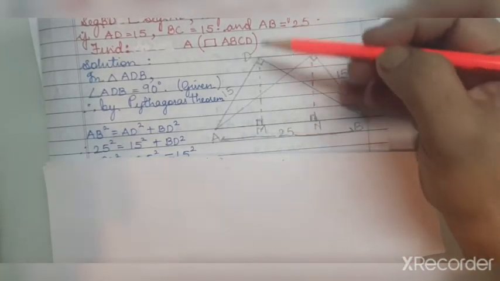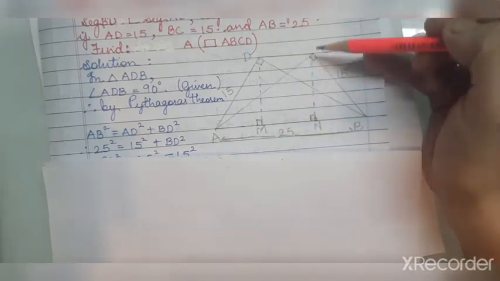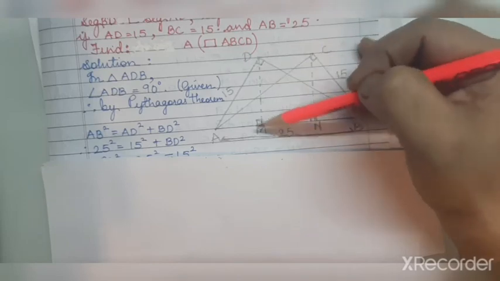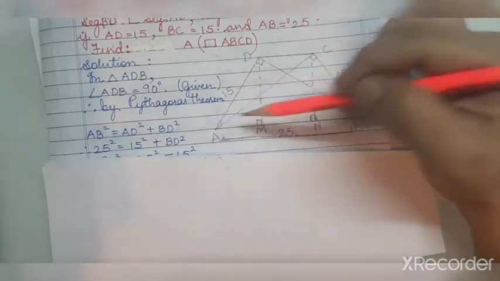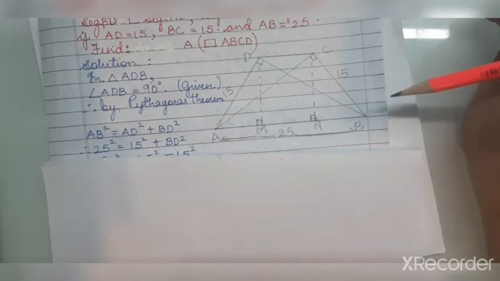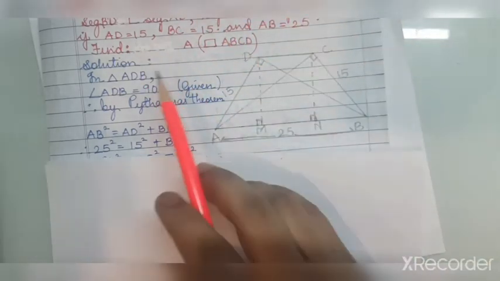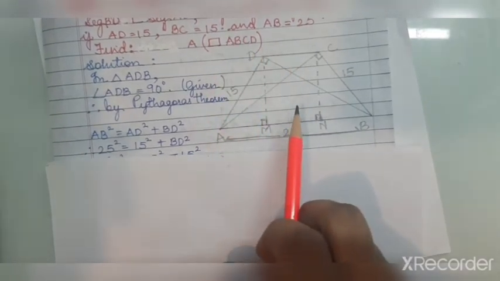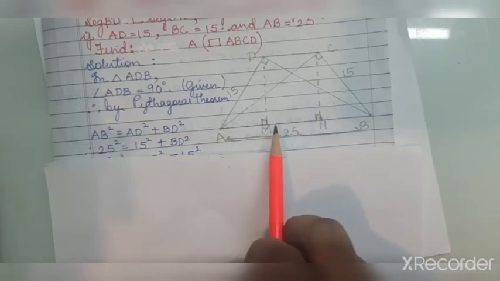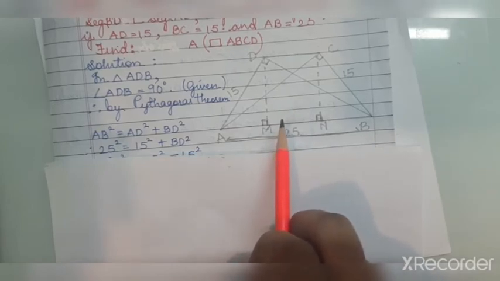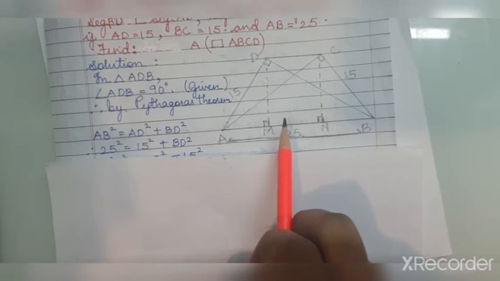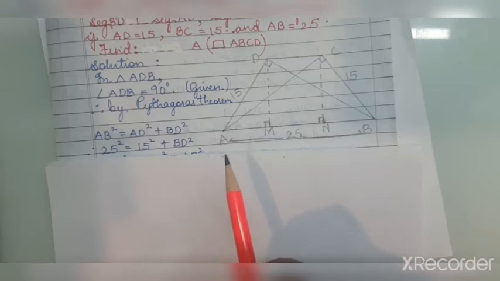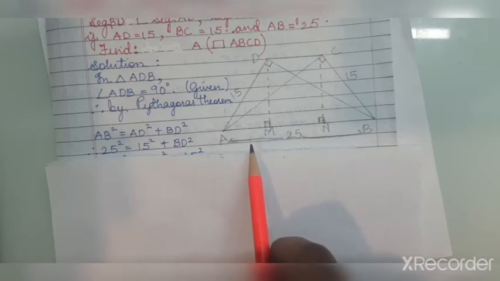Then you will see something in dotted lines. This is a construction being done so that it helps us to solve the sum. So DM is perpendicular on the base AB and CN is also perpendicular on base AB. Now, since they have asked us the area of this particular quadrilateral, and we know it's a trapezium, we also know the formula for the area of a trapezium. The area of a trapezium is equal to half into the sum of the parallel sides into height.